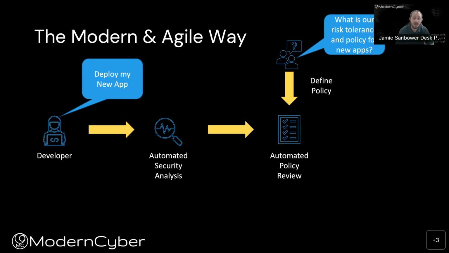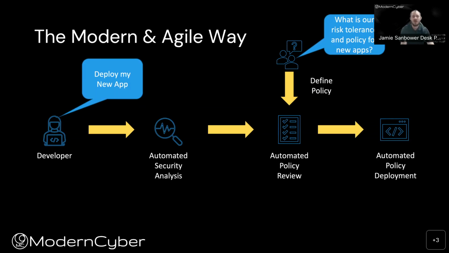From there, what is the policy on allowing inbound access to this new application? Has it been regression tested? Has it been through a limited availability process? All of the organization's policies then would be built into that pipeline, and the end result is some form of automated access. Now, creating these guardrails and frameworks and being able to orchestrate policy end to end is something that does require an investment of time and energy. So that, I think, is the biggest challenge that organizations find.